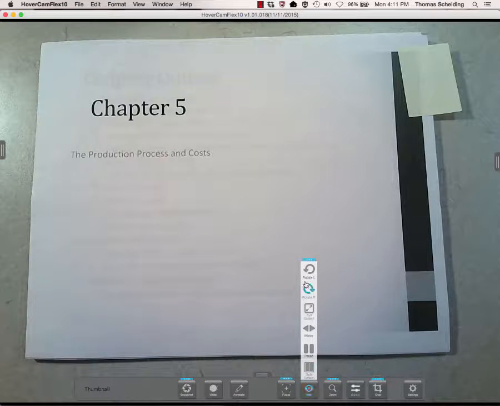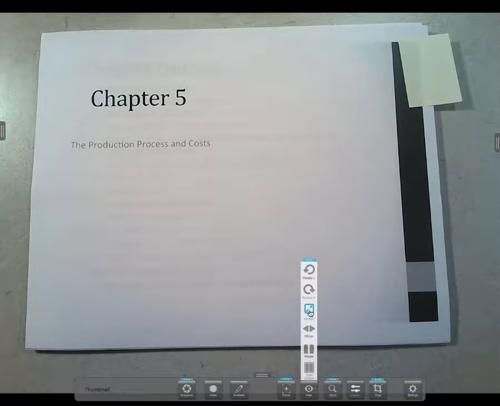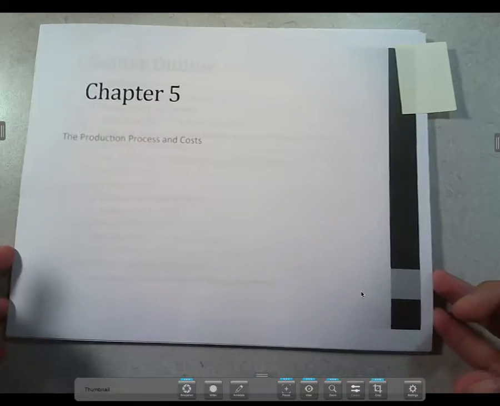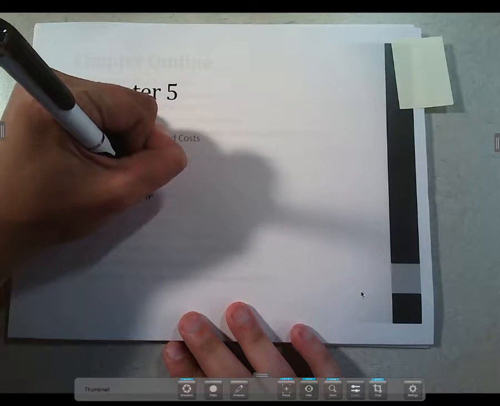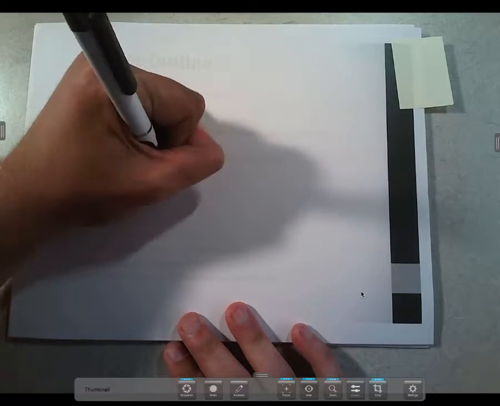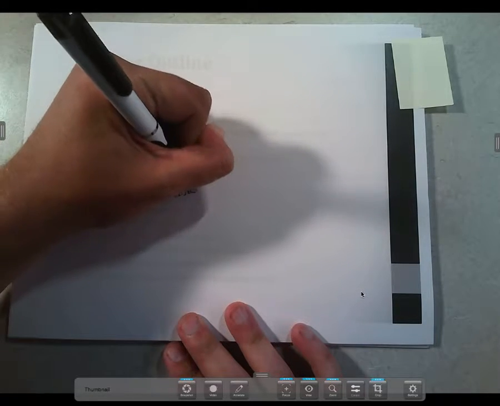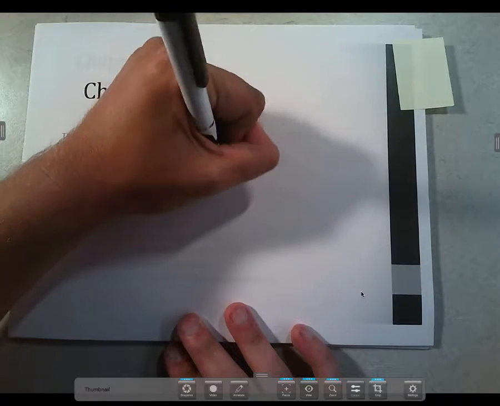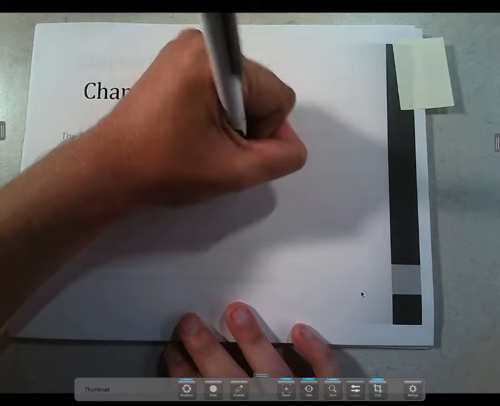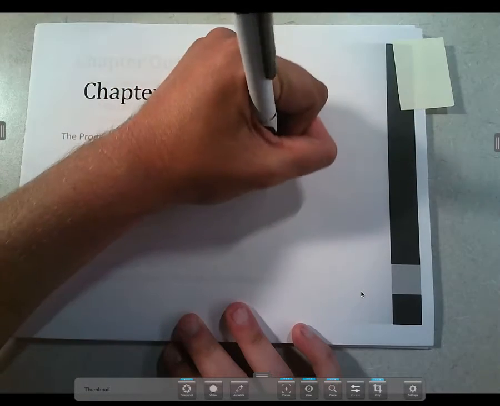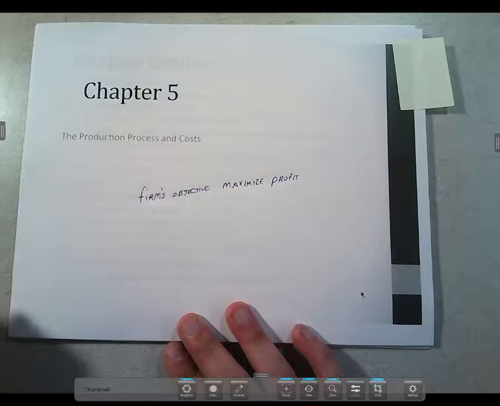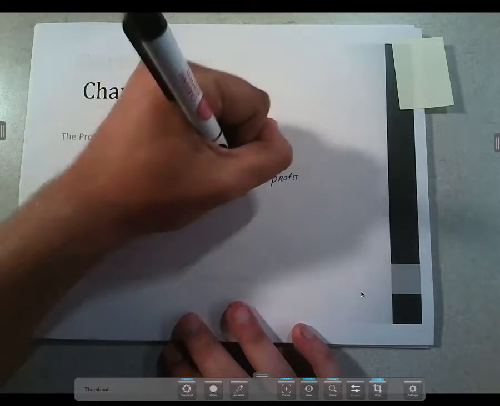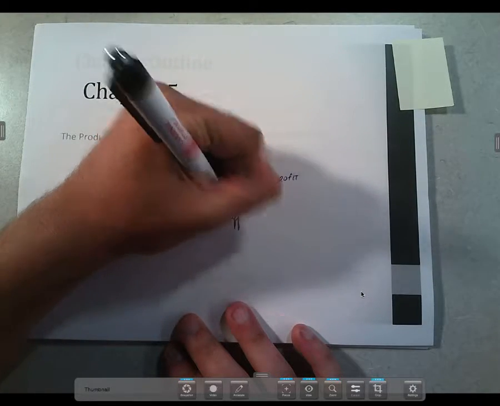Okay, in this chapter, now following up on what we had done for the consumer, now we're talking about the firm. And the firm's objective, as you probably remember from the principles class, is that the firm again is trying to maximize their profit levels. Okay, so if they're trying to maximize profits, that means that they're trying to maximize the difference